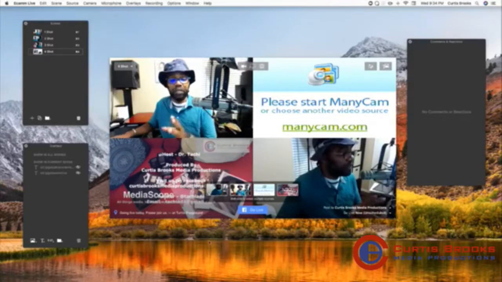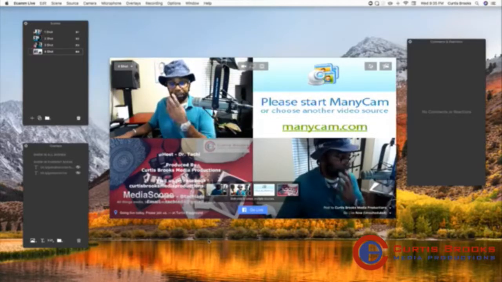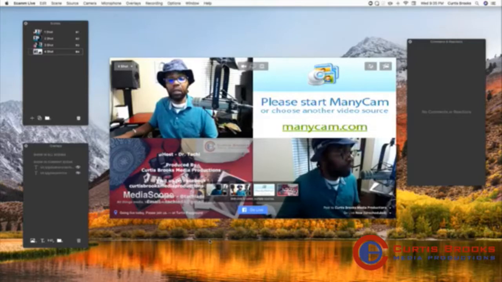If you look right here in this box on my screen, you'll see that each of the boxes is highlighted with an outline, like a gray box. And that means that these cameras are all selected. Again, you can only add up to 4 cameras, but you can have up to 9 scenes. All right. Again, let's say we want to just keep the Manicam here. Let's just hypothetically say these are different camera angles, shot angles.